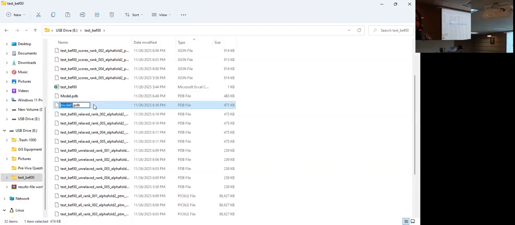This model 1 is the best model among all of the PDBs. Its name used to be like this. So for the sake of better visuals, I just renamed it as model 1. Model 1 and model are the same PDBs actually. They are the same. It just got copied 2 times.